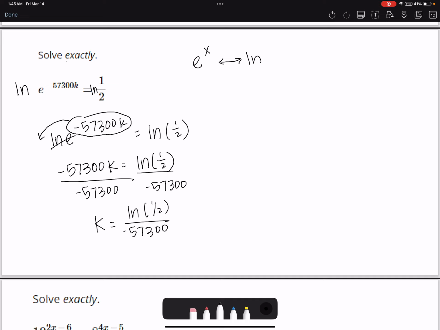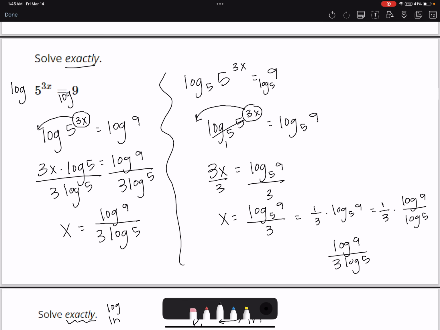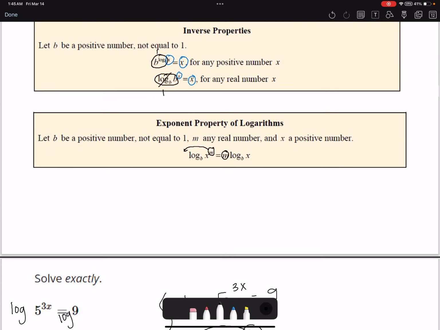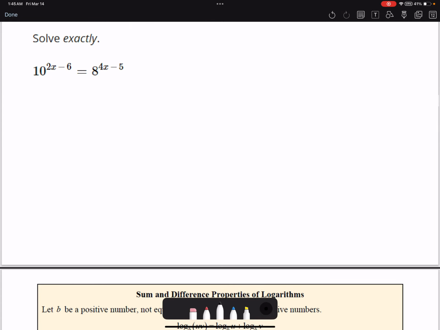If it says solve exactly, then you should have a log or an ln in your answer. Same with this one. Solve exactly means that we wouldn't approximate it to a decimal. Okay, the next one,